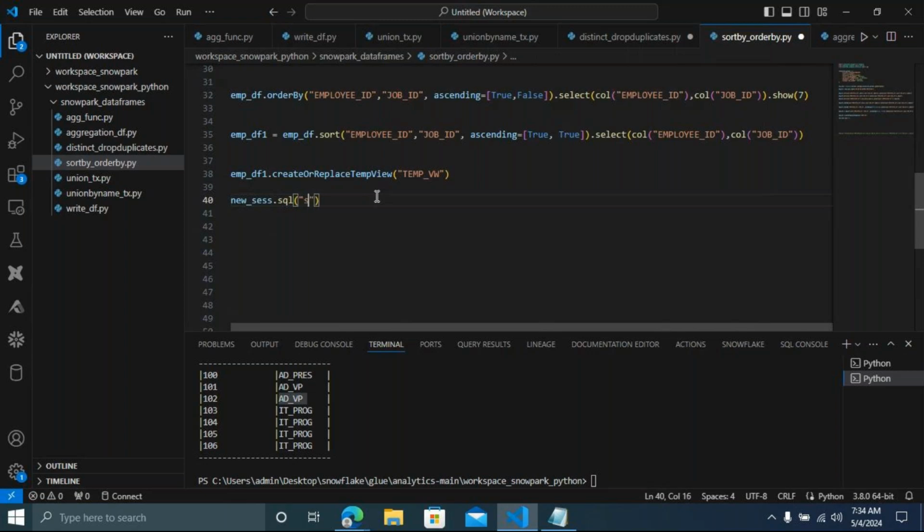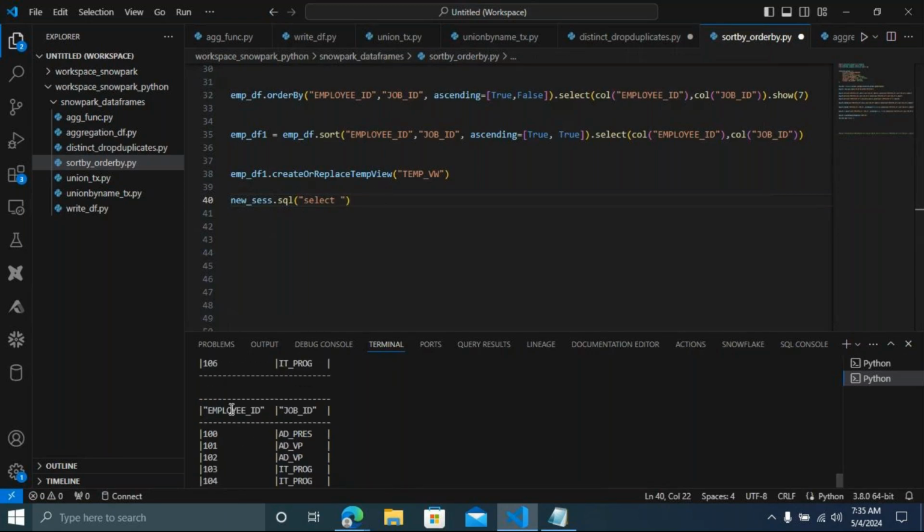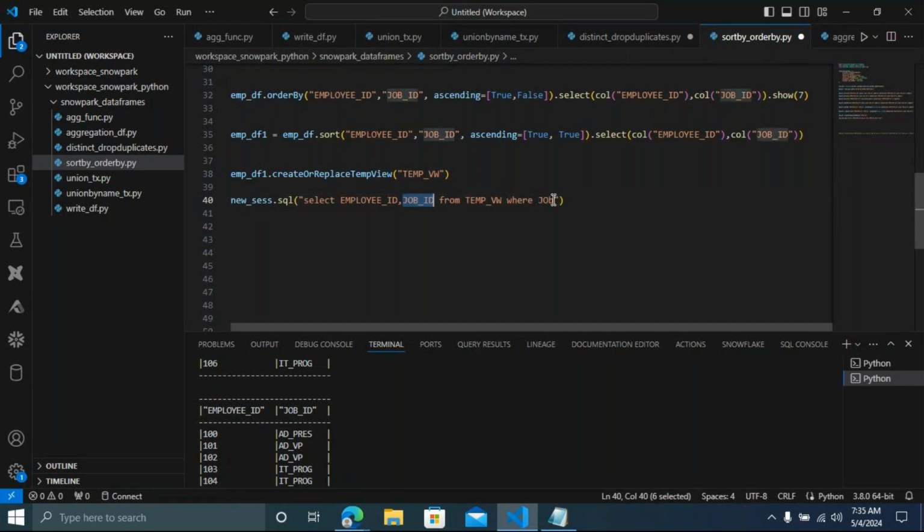Now it's very simple. I'm going to write a select query. I will take these column names: employee id, display column should be employee id, and then job name, from what's my table name? No, it's not a table name, it's a view name actually. Okay, view, where job id, just take the job id from here, equal to, put in single quotes, I want to filter